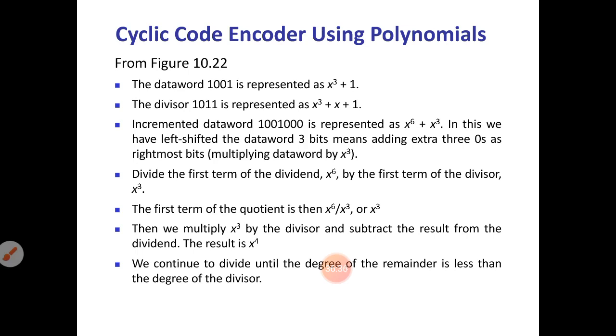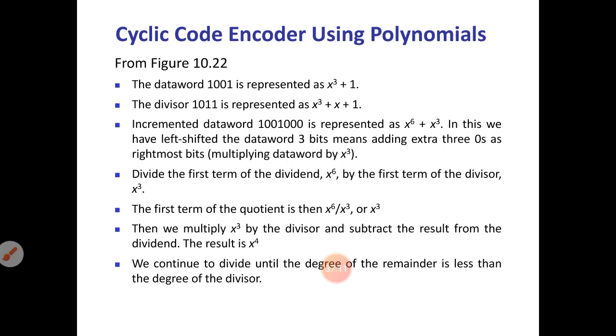Next, cyclic codes and codes are using polynomials. Now we'll see how we can perform the division operation by using polynomials, because on the encoder side we saw that by using binary numbers we have to perform the division and finally we get the code word. But here we have to represent those binary values in polynomial form, and perform the division operation and you will identify the code word at the encoder side.